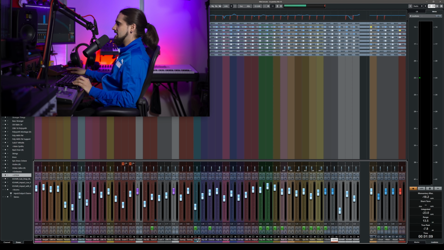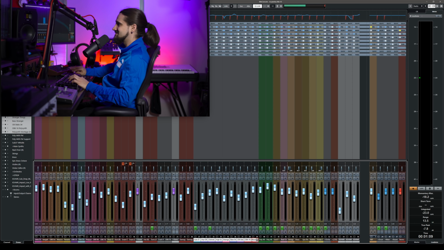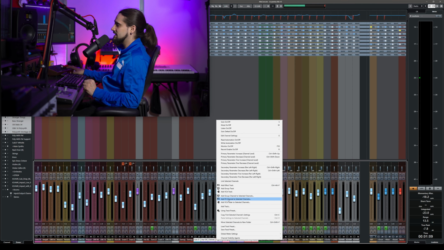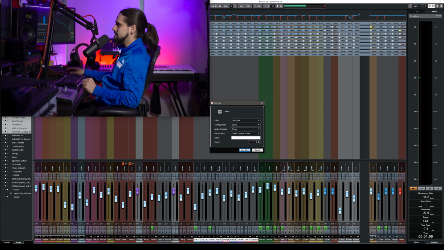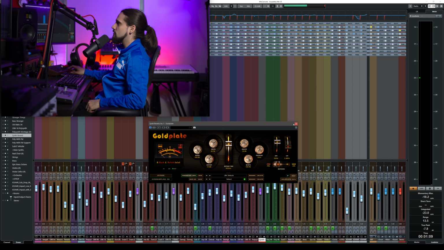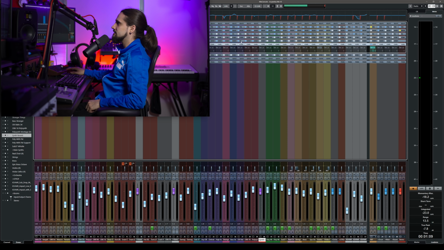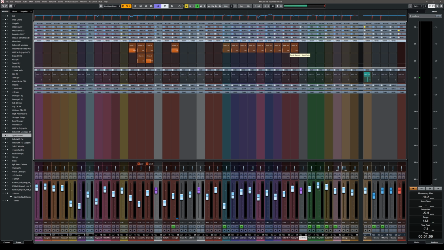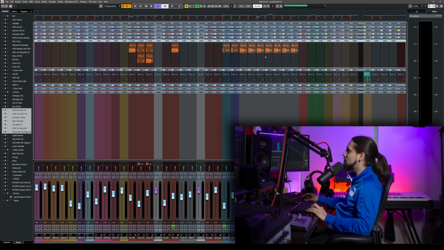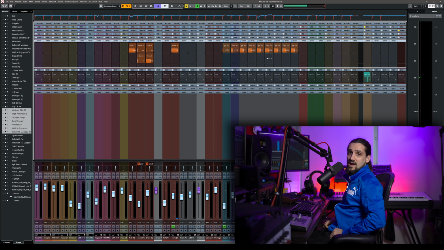If I want to send, let's say, these guys to reverb send, again, of course, I have shortcuts for all these things, but if you don't have shortcuts, it's still easy. Add effects channel to selected channels, boom. Add a reverb, let's call it synth reverb, boom. Everything is done. It's routed correctly. If you go to our sends, see, they're all routed correctly to this reverb, and I can select how much. And of course, I can select all of them, click Alt-Shift, and send them to the reverb in the amount that I want straight away, all of them.